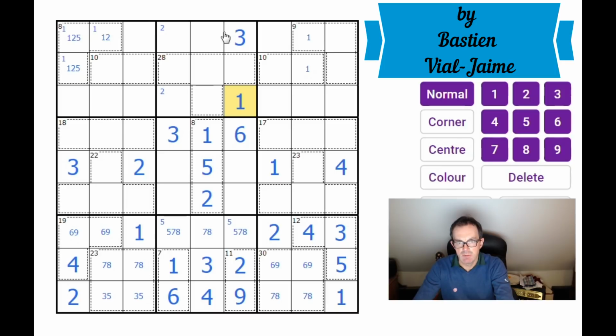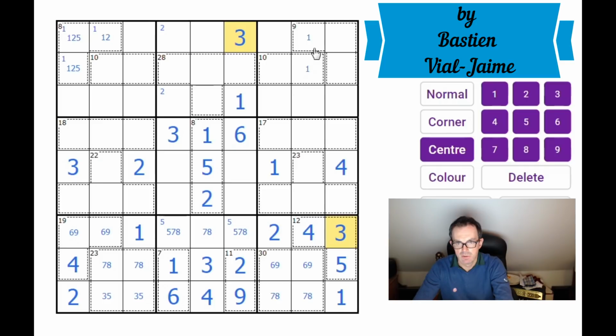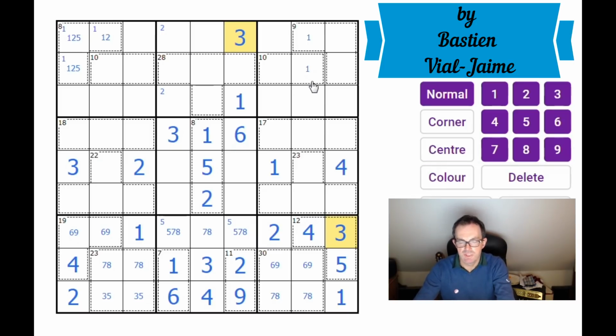Oh, hang on a minute now. Look, we've got 3s here and here. Now this is very important actually, because if this is a 1 in this block, then how would we make 9 in 3 cells? Now the only way of making 9 in 3 cells, if you can't use a 1, is with the numbers 2, 3 and 4. 2 plus 3 plus 4 equals 9, but we know that's impossible because there cannot be a 3 in this 9 cage. So this must be the 1. Therefore, that's a 1. Goodness me, I think we're going to be...